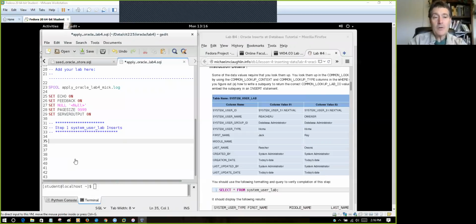Here, I'm just going to type in insert into system user lab, and then I'm going to put in here